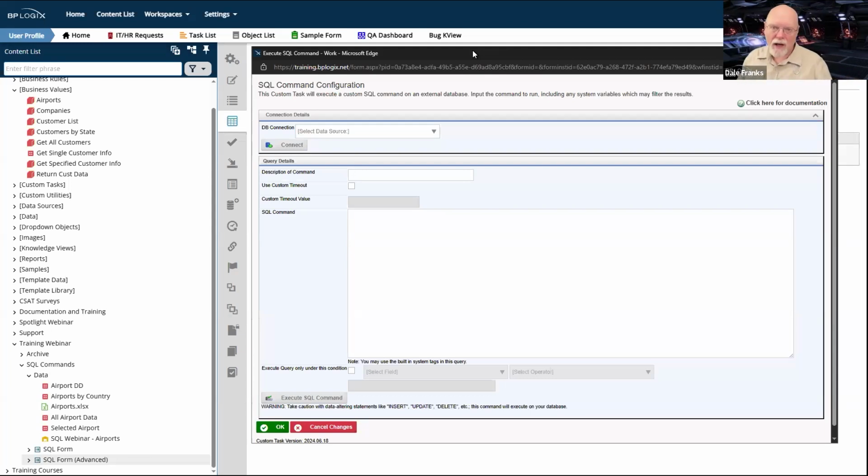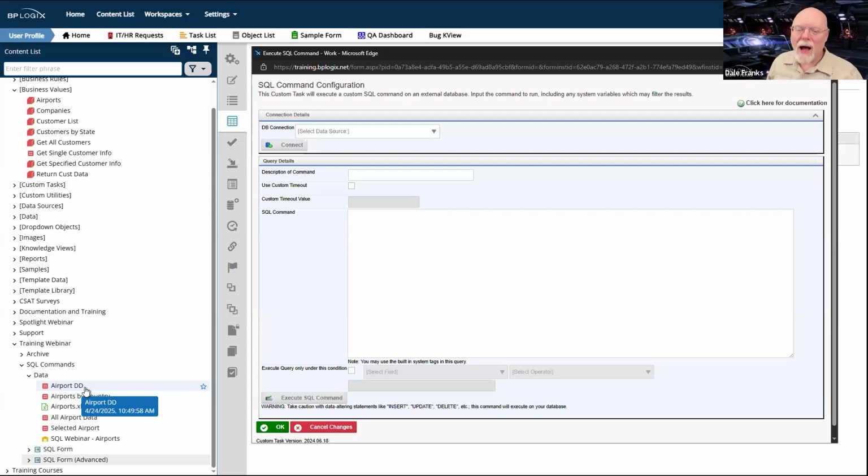Now, for any of the select statements, like the fill fields or the fill dropdowns custom tasks, those got really tedious to use because I would have to take this custom task and, on a form like this, I'd have, well, how many business values do I have? 1, 2, 3, 4. So great. I would have to have 4 different buttons that invoked 4 different instances of either the set form data or the fill dropdowns custom task, or set form fields from database and fill dropdowns from DB. There were 2 versions of each of those custom tasks. So that's 4 custom tasks.